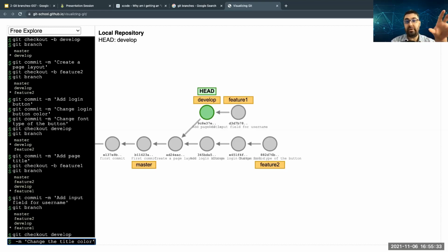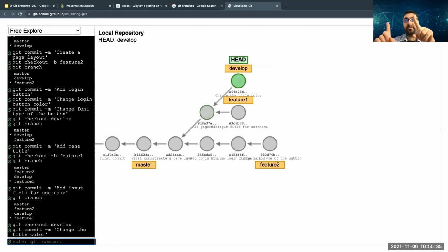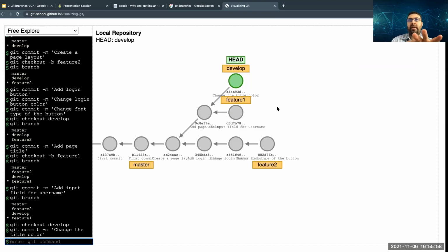Okay, so this is what you did in the develop branch. Feature 1 has 2 commits, feature 2 has three commits, and then 4 commits, and this is how it goes.